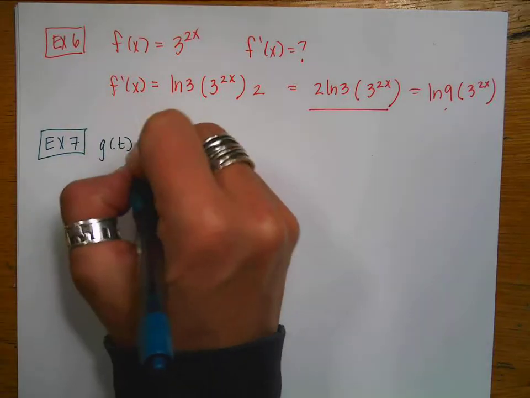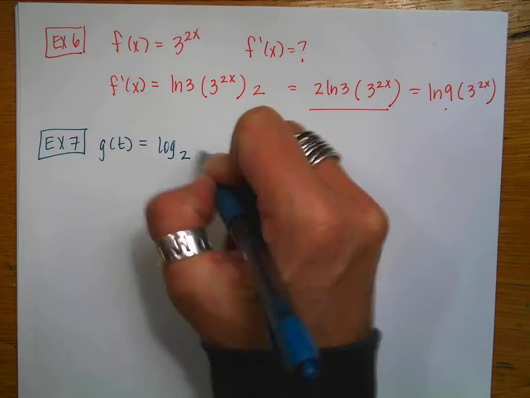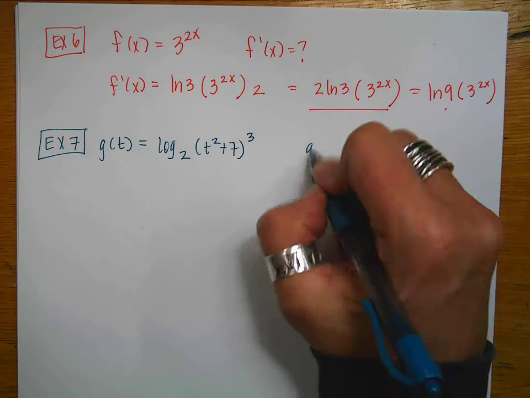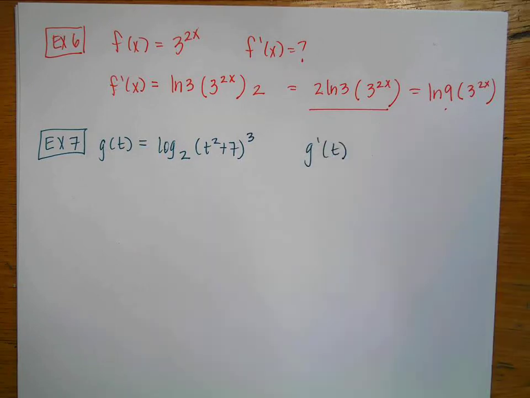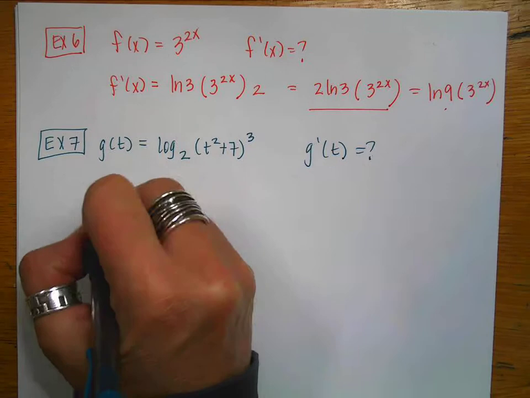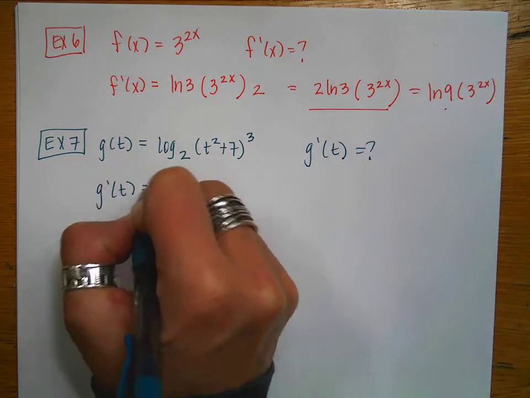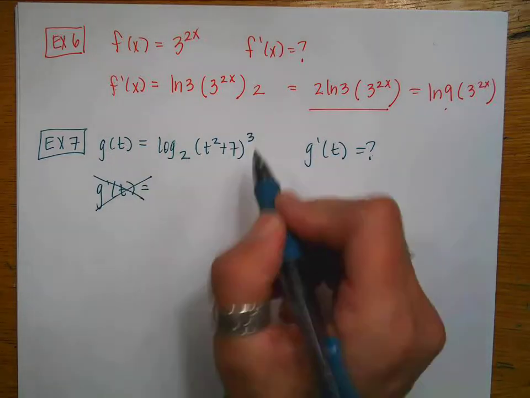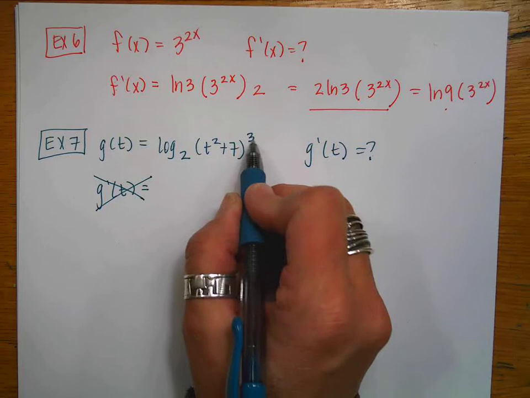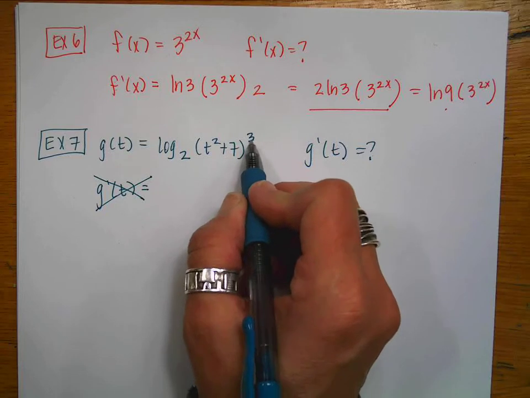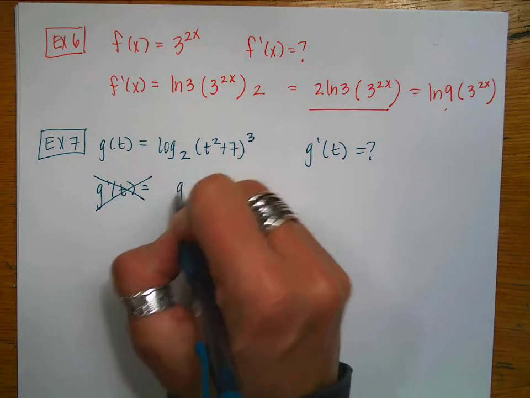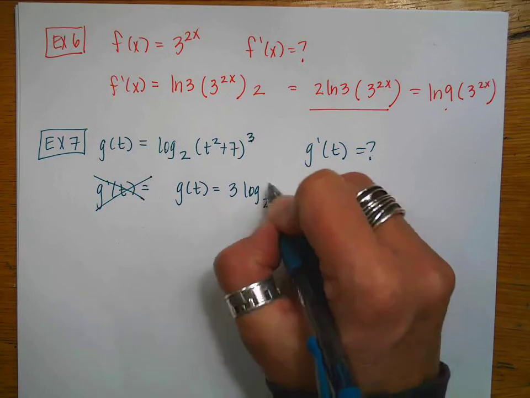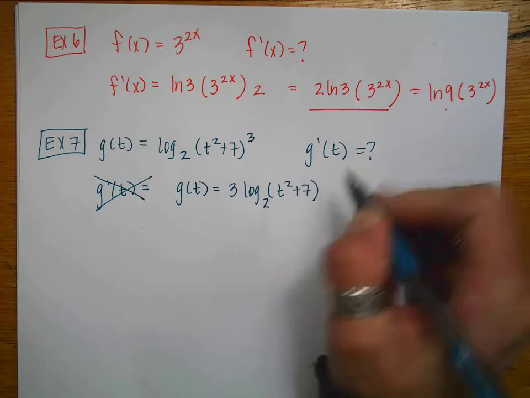So example number 7 says g of t is equal to the log base 2 of t squared plus 7 raised to the third power, and I want g prime of t. Okay, so when I do g prime of t, I'm going to get, and actually before I start doing that, my bad, I want to rewrite this as I look at the equation. I'm going to use my properties of logarithms to pull this out front because it's going to make my math life easier. So I'm going to say g of t, exponents go out front,